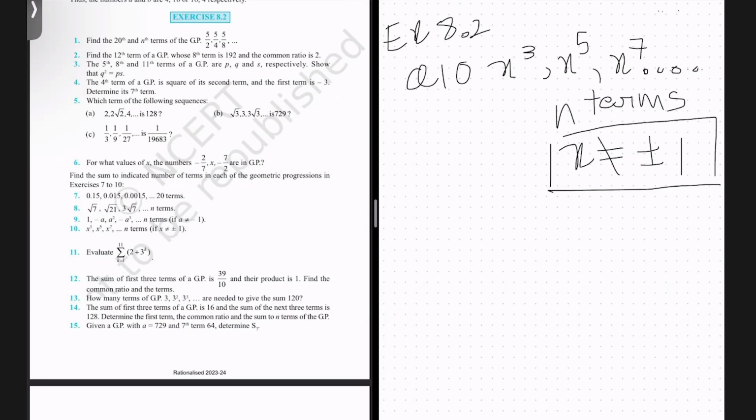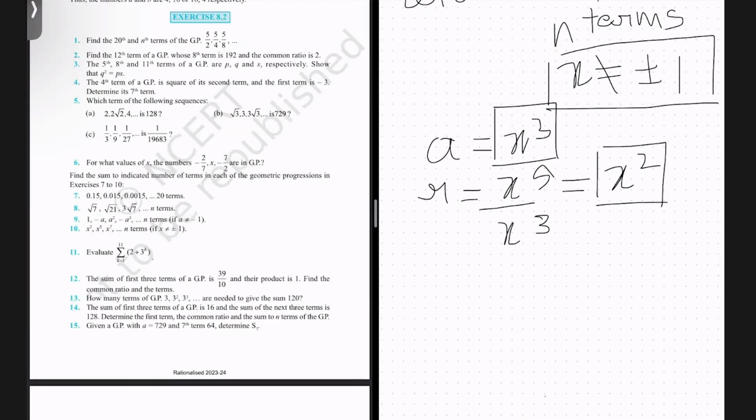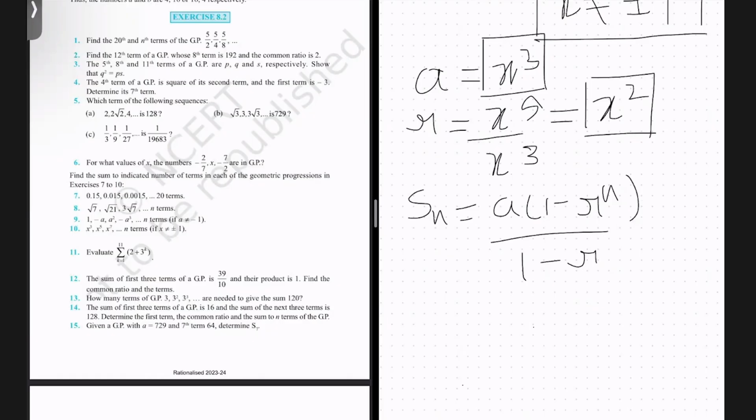So the first term of this GP is expressed as a equals x cube, correct? And the common ratio is nothing but second term divided by first term. That is nothing but x raised to the power 5 divided by x cube. That's going to be x square, right? So the common ratio is x square. The first term is x cube. Plugging these values into the Sn formula, Sn equals a into 1 minus r raised to the power n upon 1 minus r. Using the values, a is equal to x cube and r is equal to x square,